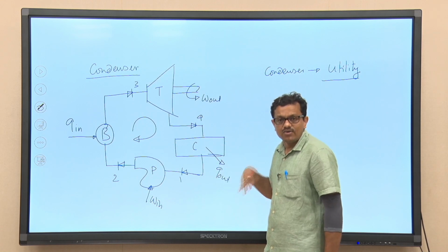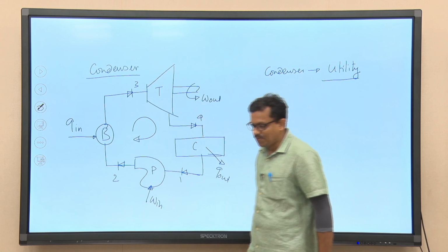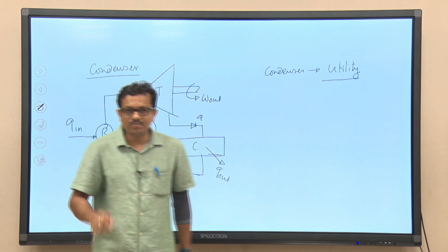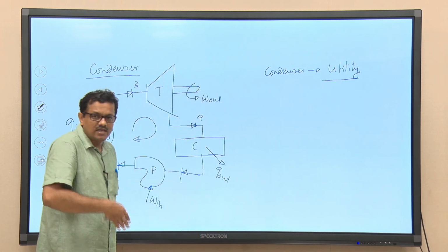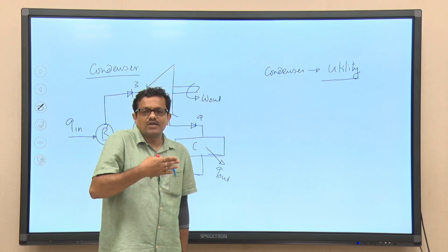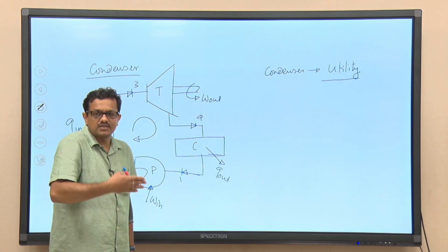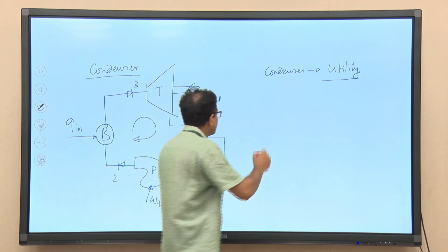Why? Only to have the cyclic process. Okay. So, this is important. Now, the question is, today we will briefly touch upon the condenser, because in this course we are not permitted to have a detailed discussion about each and every individual component, but I have tried my best to the extent possible.